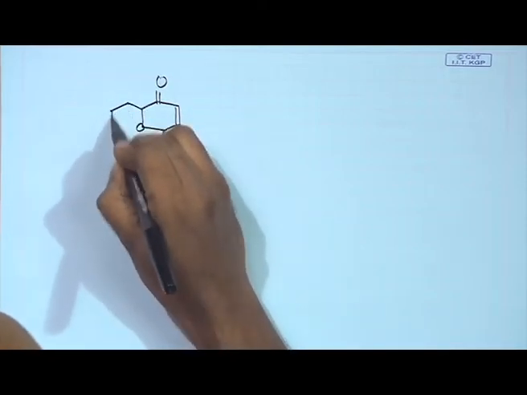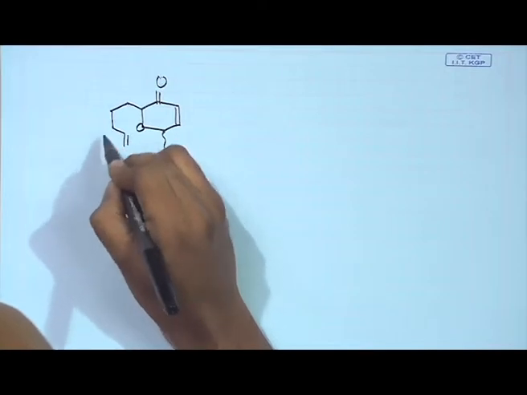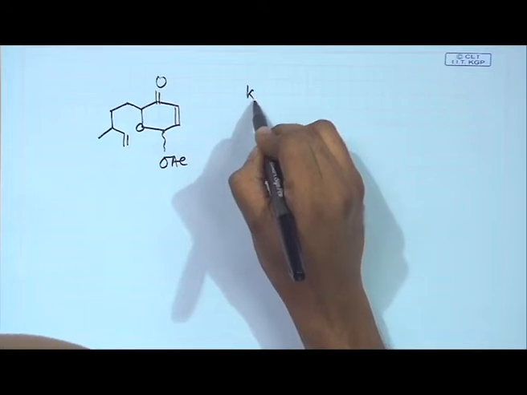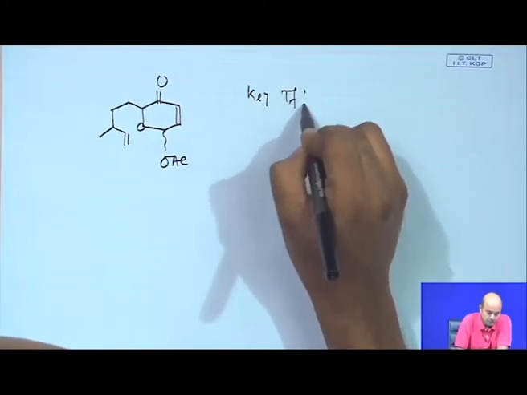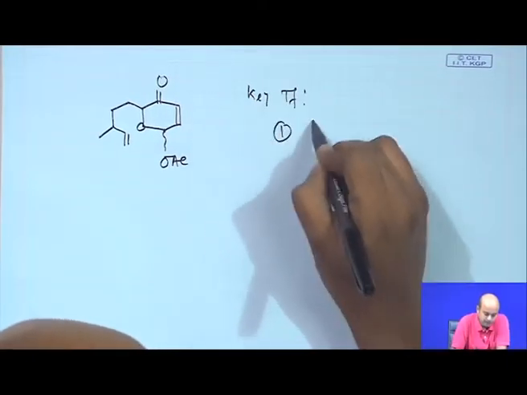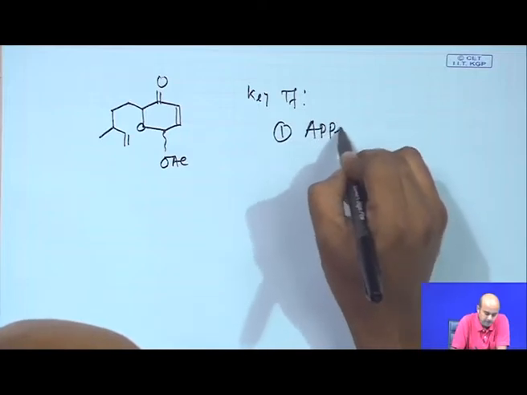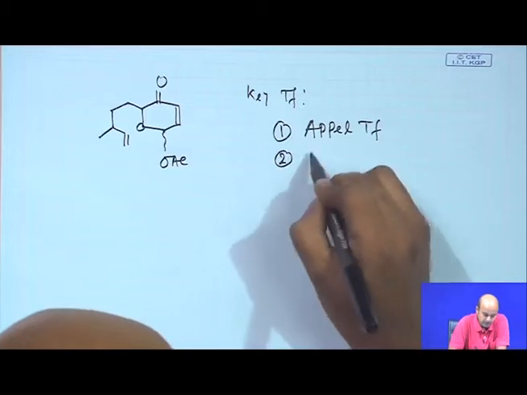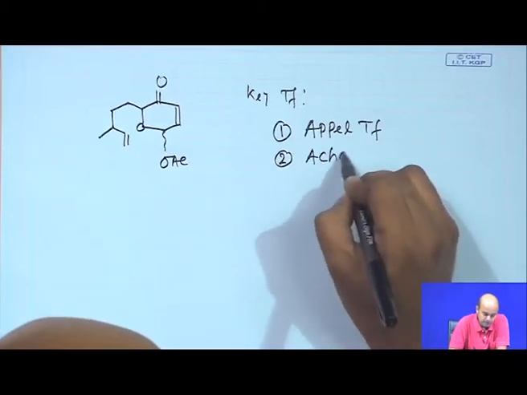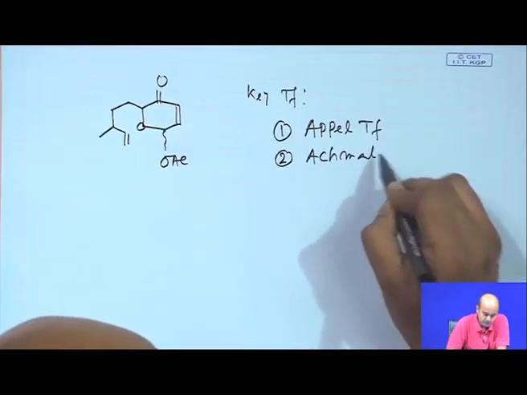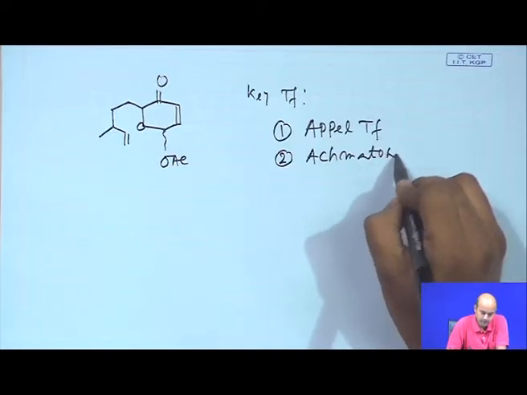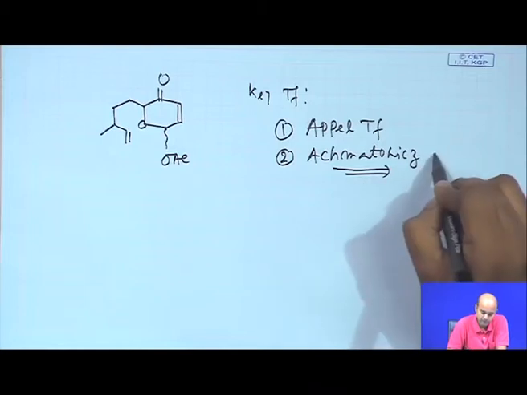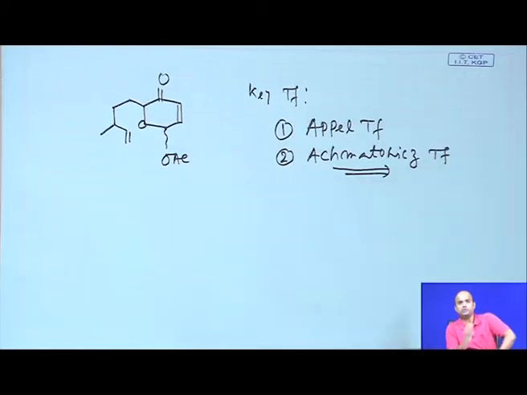The key transformations which you are using here, first one is the Appel reaction, Appel transformation, and second one is the Achmatowicz. Now, the Achmatowicz reaction was named after its inventor Achmatowicz, who is a Polish scientist, and eventually you can use